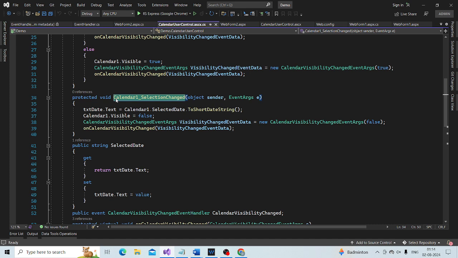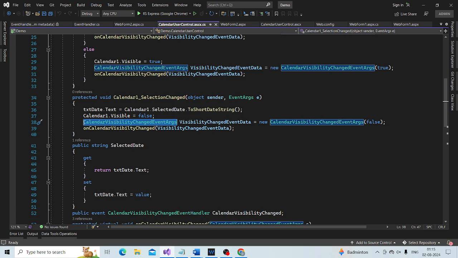Just before we raise the event within the user control, we are creating an instance of that object, CalendarVisibilityChangeEventArgs. We are creating an instance of this CalendarVisibilityChangeEventArgs, and then look at this.